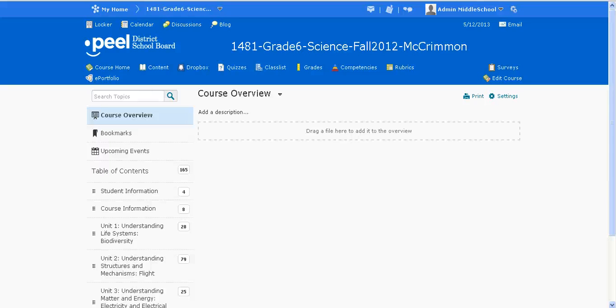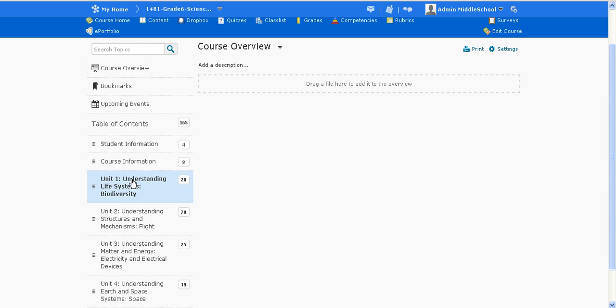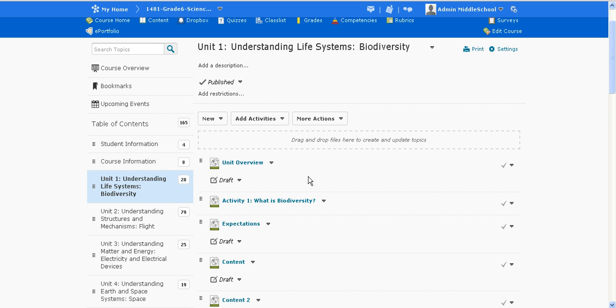The final task that you may wish to complete is the modifying of ministry content. There are two ways to modify ministry content. The first is if you do not need to maintain the original file. If I wish to modify anything in the course that was given to me by the ministry, I can simply